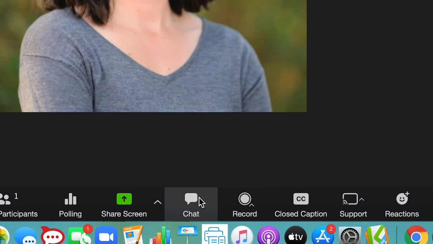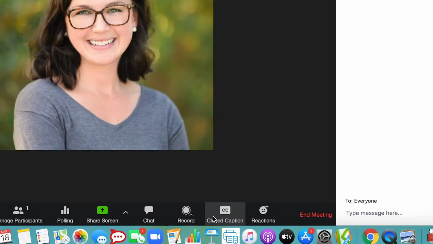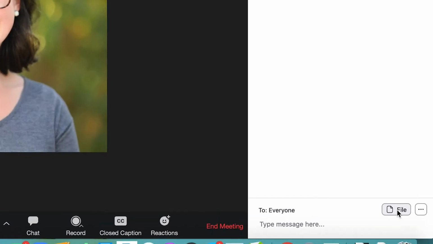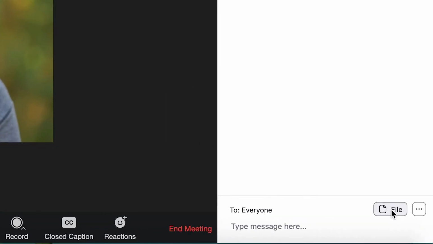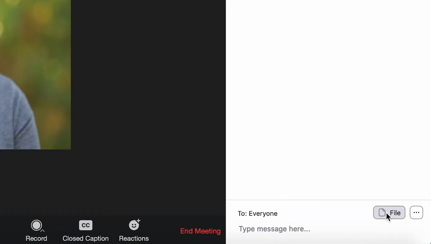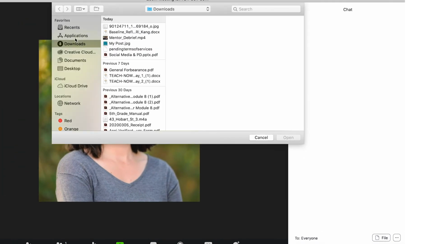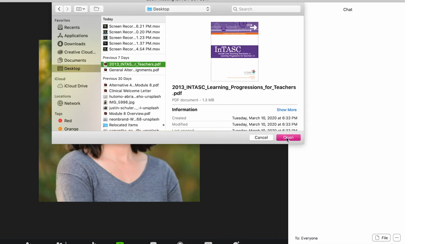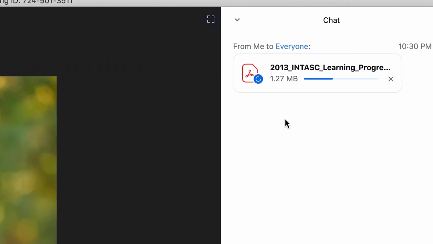And if you want to share a file that's on your computer, you're going to want to go ahead and navigate over here to chat if you don't already have that open. Once you open up the chat, you can go ahead and push out a file by clicking File here and finding that file on your computer. If you have participants in your room, you can choose to send it to one participant or multiple participants. So I'm going to go ahead and push that out here, and that's a PDF file that all participants in